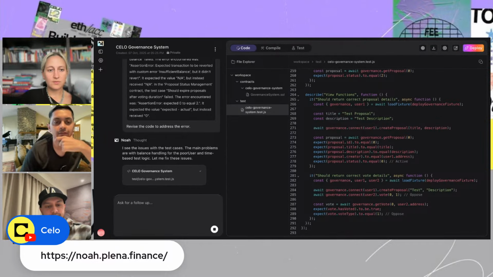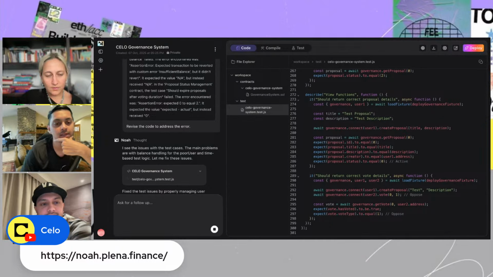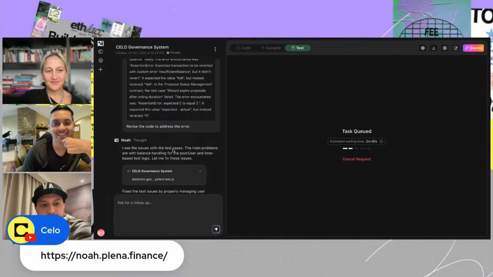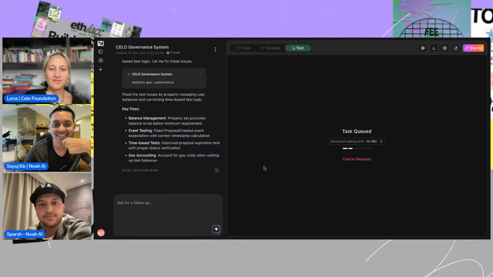Yeah, so I love this feature, the fix with AI button, because all the code that's been generated is alien to me. I love how I can just click the button and fix everything. It can be so overwhelming, no? Yep. You don't know how to code, and then there are so many error messages.